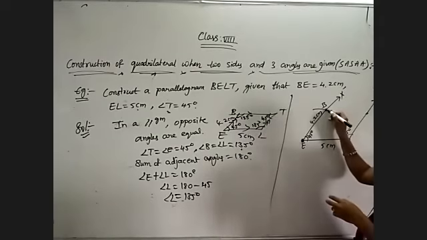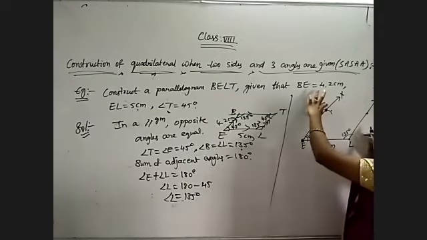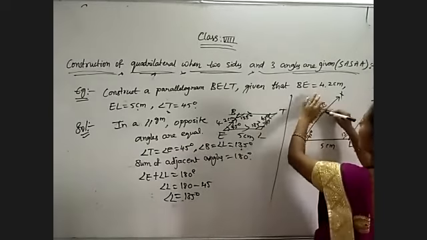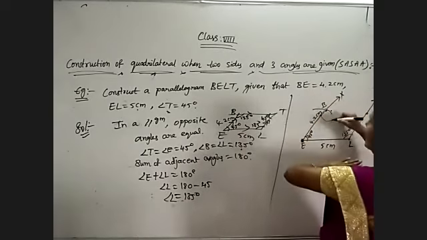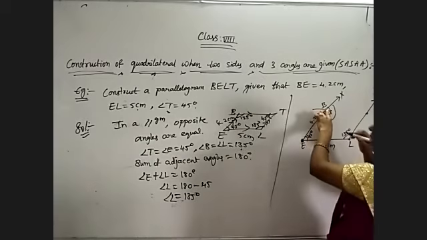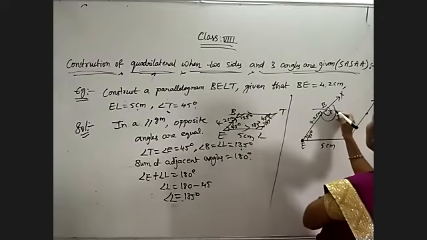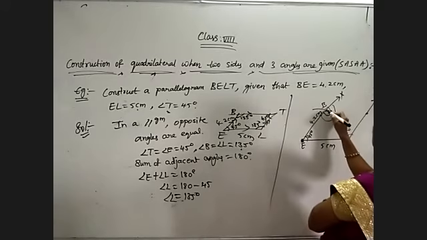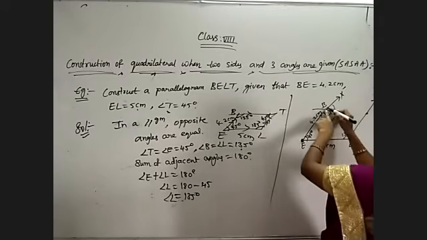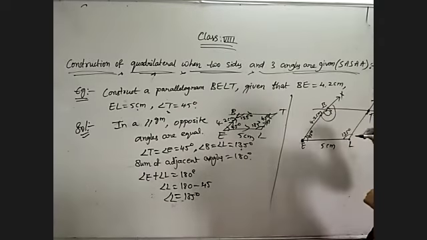Now we already have the point here. To get the fourth point, place your protractor here. Like this we must adjust the protractor. Place the protractor at B. Construct 135 degrees at B. That's it. Then you will get like this. So wherever this is meeting, look at that point as T.